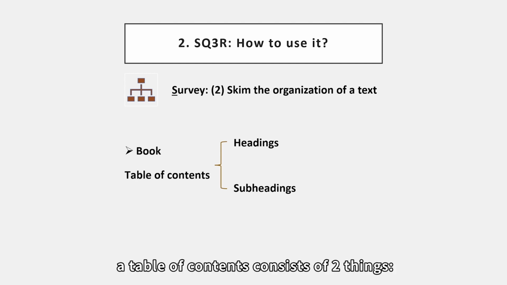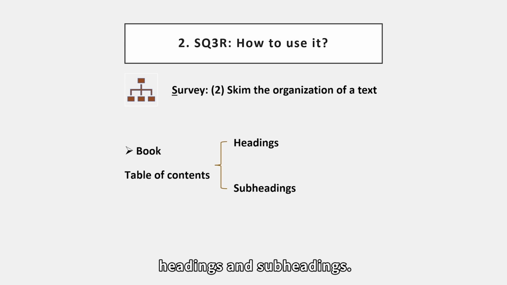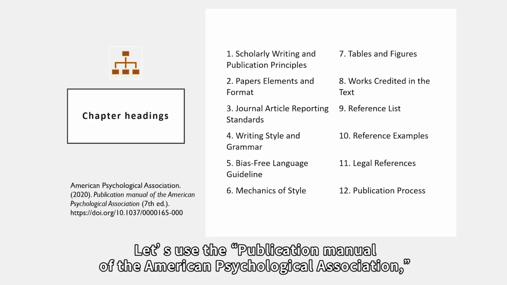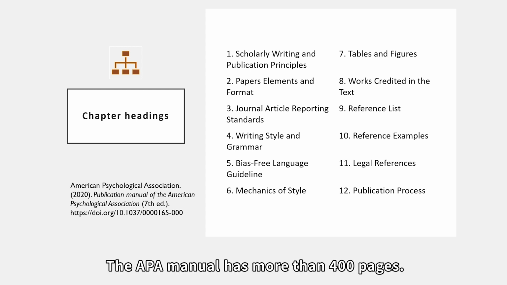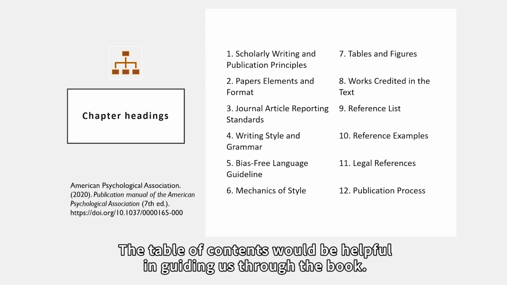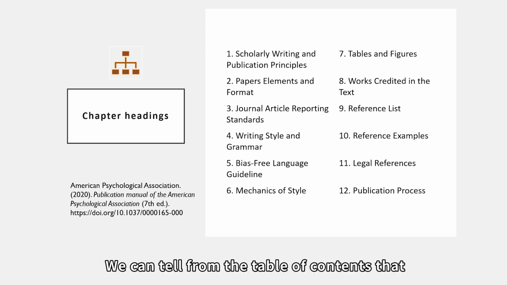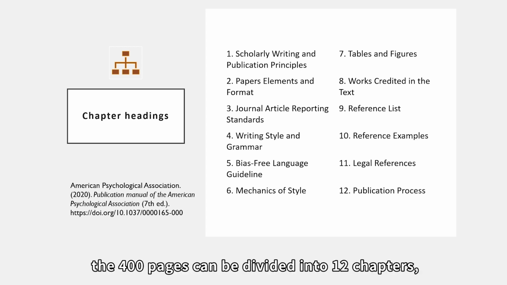Usually, a table of contents consists of two things, headings and subheadings. Let's use the Publication Manual of the American Psychological Association, the 7th edition, as an example. The APA manual has more than 400 pages. The table of contents would be helpful in guiding us through the book. We can tell from the table of contents that the 400 pages can be divided into 12 chapters, starting from